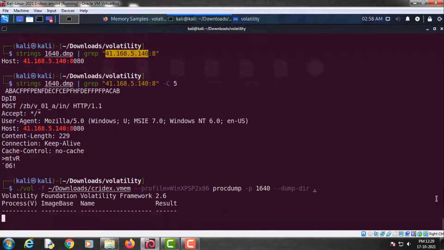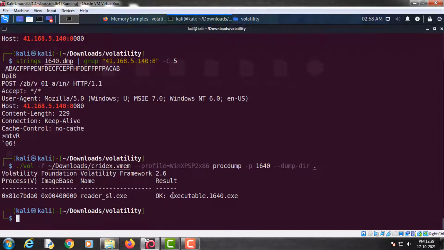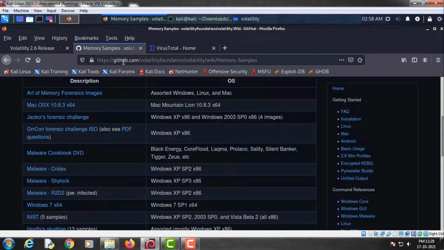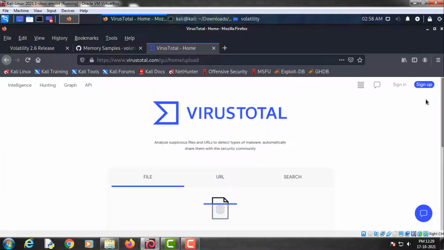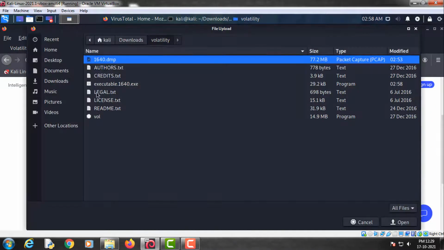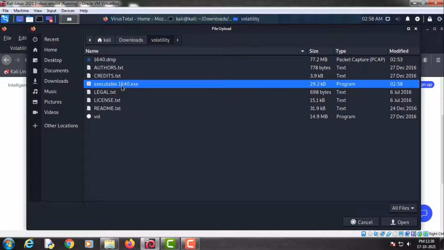You can see here. Now all we have to do is go to this VirusTotal website and upload that file here, which is this executable 1640.exe. Let's open it to find out if it is malicious or not.